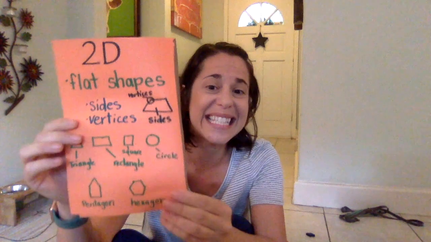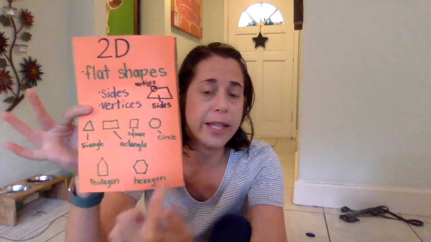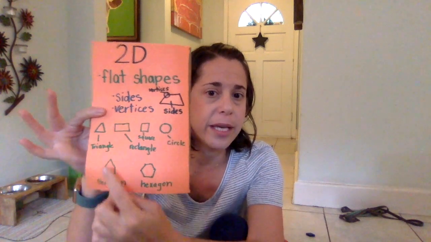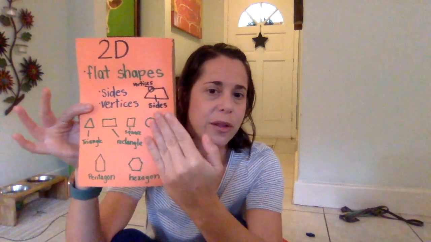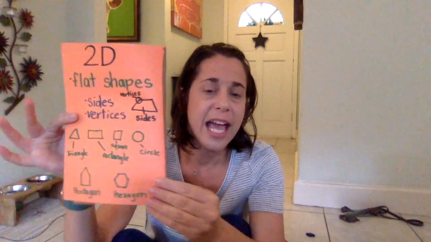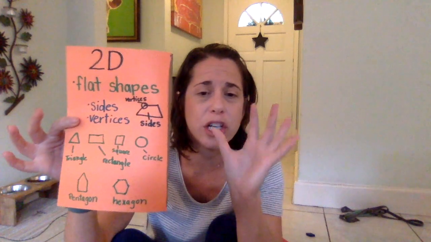We learned a 2D shape's flat. 2D shapes have sides and vertices. Those are some examples of 2D shapes. Now, all of these are not polygons because there is a circle, right? If I cover up that circle, then all of these are polygons. This is what a 2D shape is. But now we are learning about